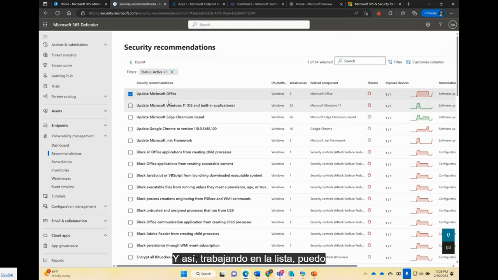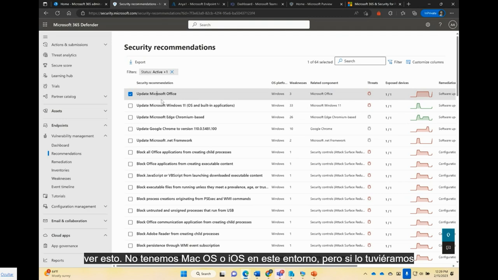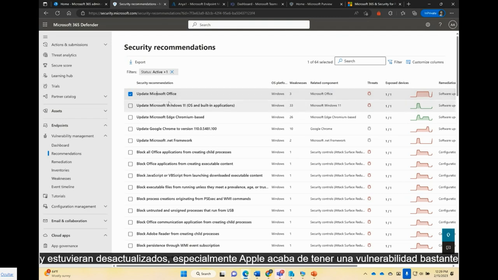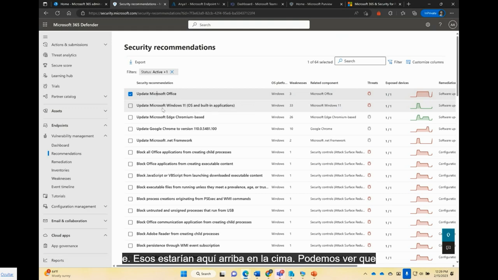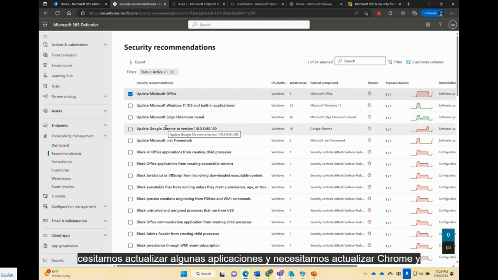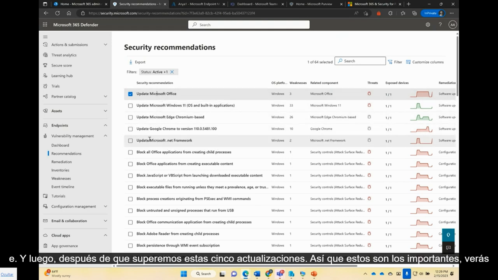Working down the list, we don't have macOS or iOS in this environment, but if we did, and those were out of date, especially since Apple just had a pretty big vulnerability, those would be up here at the top. But we can see we need to upgrade some applications and need to upgrade Chrome. And then after we get past these 5 updates, so these are the important ones, you'll see these pieces here,